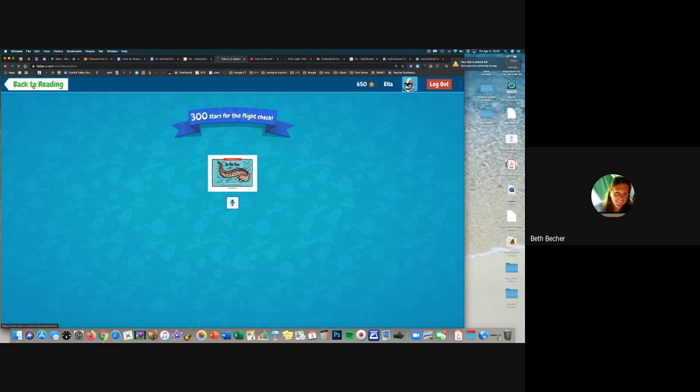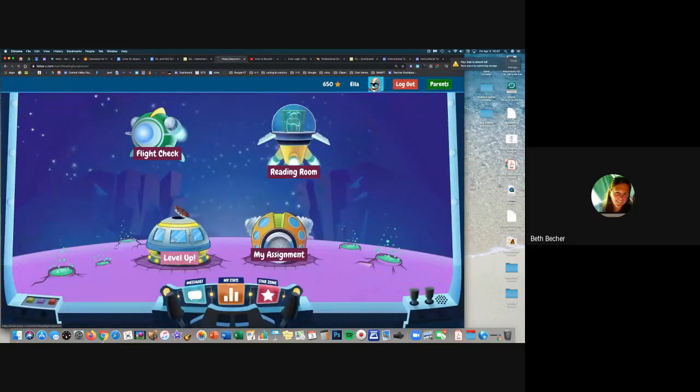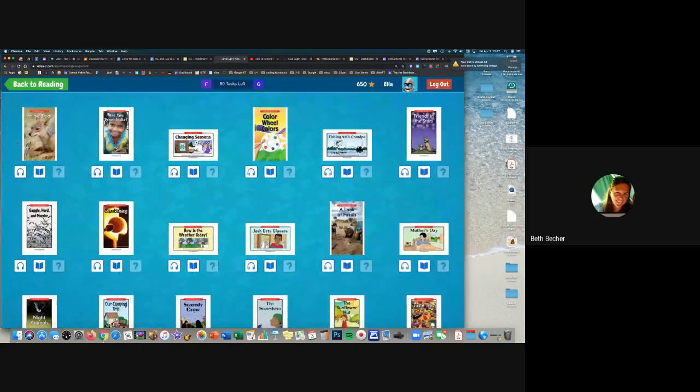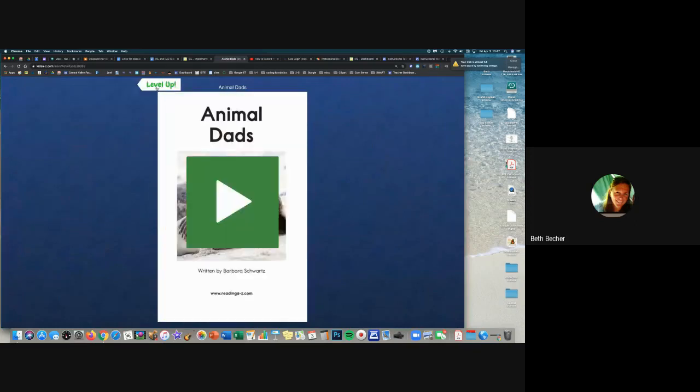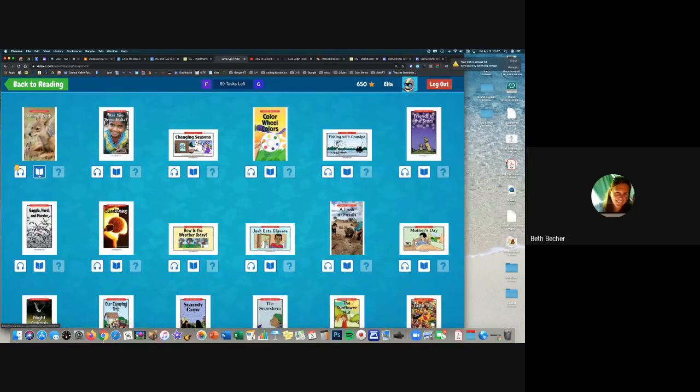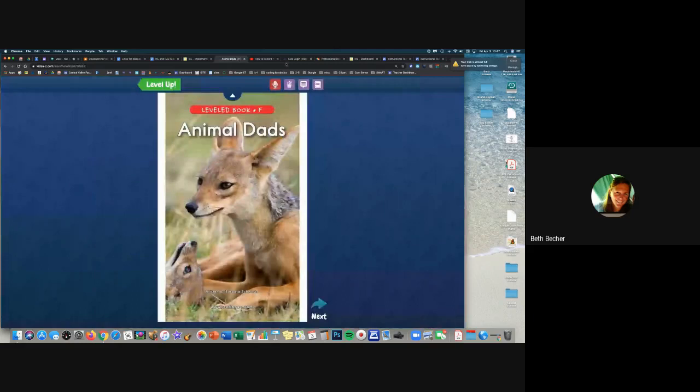But students can also go in their level up. If I pick a book, let me go back and I want to do the reading one. I want to do reading. They can record right from here. So you can have them record, right? Any book that you want. So if I click the record microphone and I hit this record button,